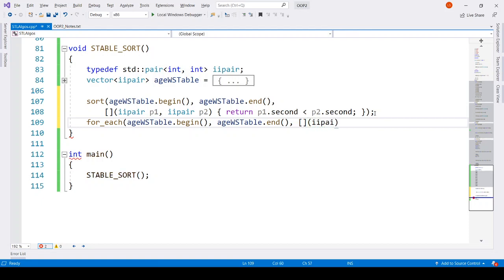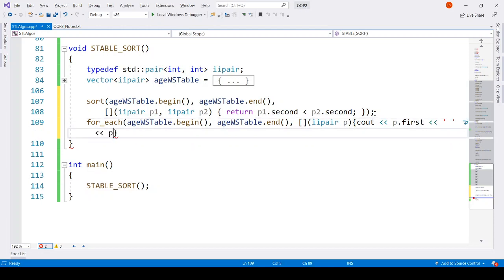So ii pair will be the argument, and we want to do cout of age first. So p dot first, and then one space, and then we want to print p dot second, and then we want to end line. So this way it will print our vector of pairs. Let's see how it goes.